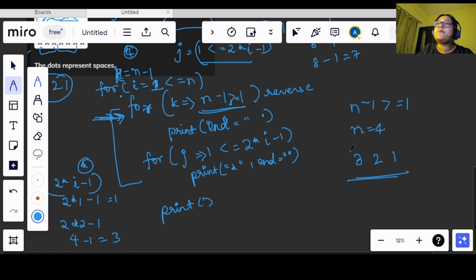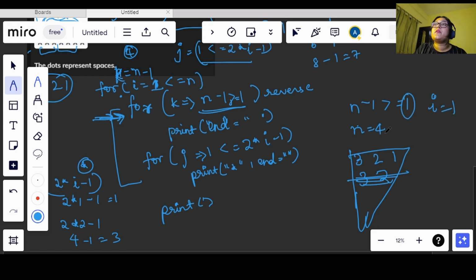But the triangle that we are forming is in the reverse way, so we need to reduce the spaces. It should go from 3 to 2 only.